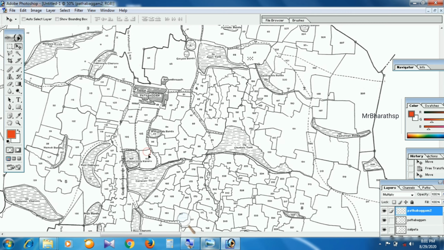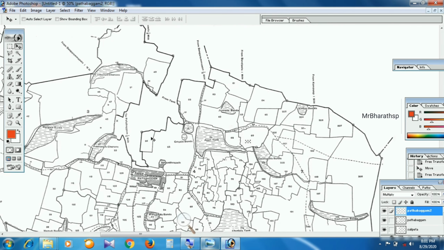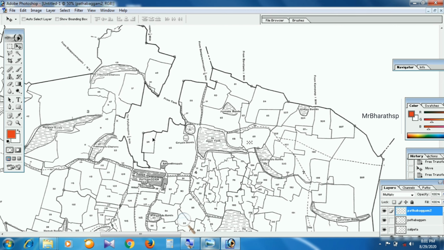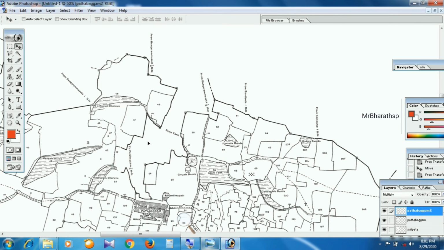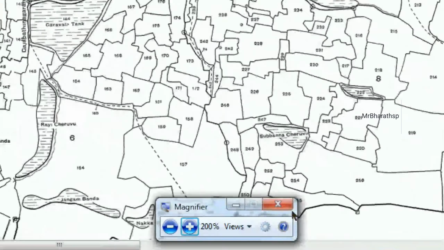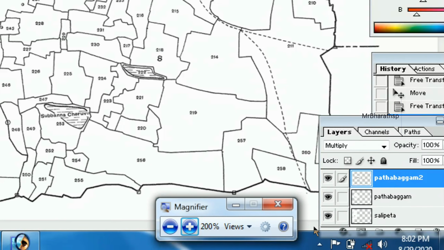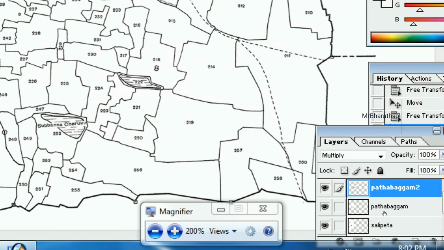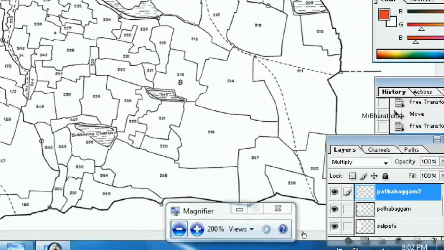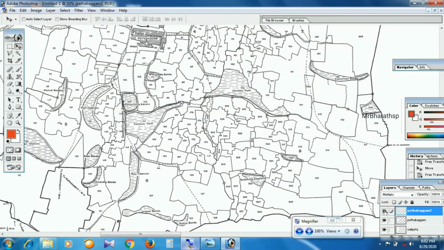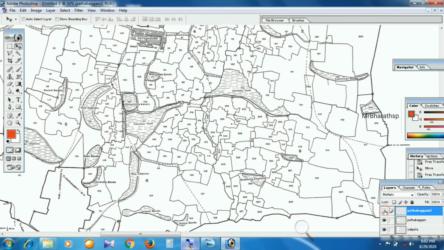By matching the cart track or tanks or boundary stones, we should try to match both the maps. I think it is almost joined and it is perfect. If we click on the eye button over here on the bottom right, we can make it disappear and appear, so that we can cross check it once again.